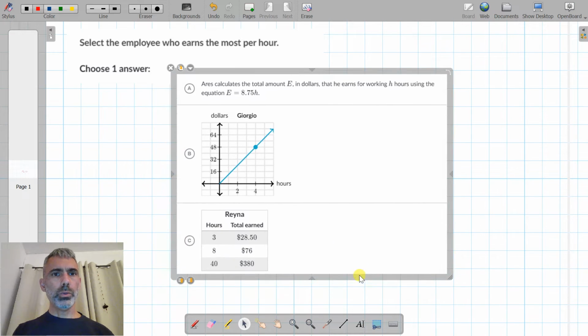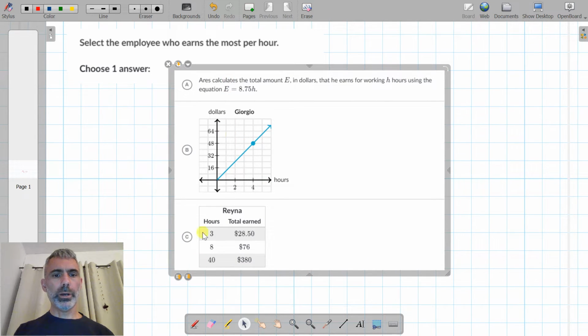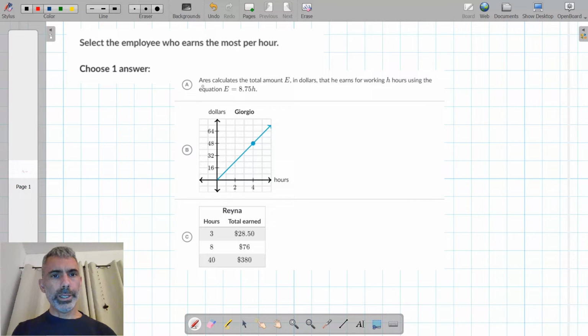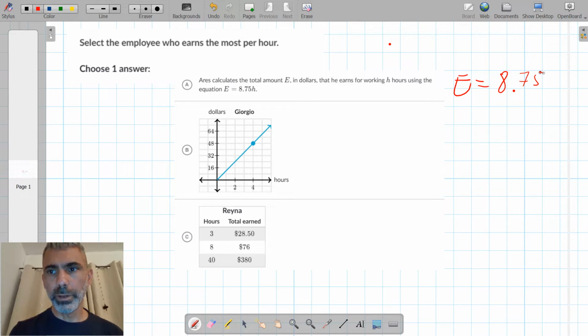Select the employee who earns the most per hour. Okay, so option A says Iris calculates the total amount E in dollars that he earns for working 8 hours using the equation E equals 8.75 times H. Okay, so if he earns E equals 8.75 times H,